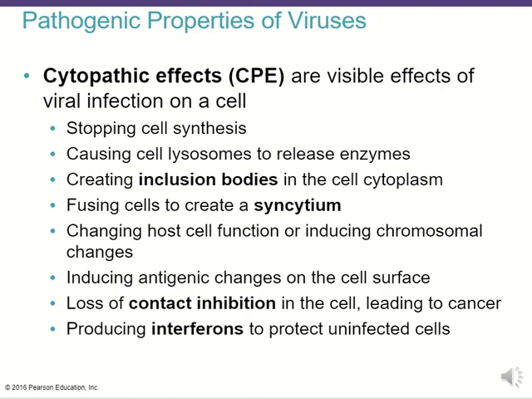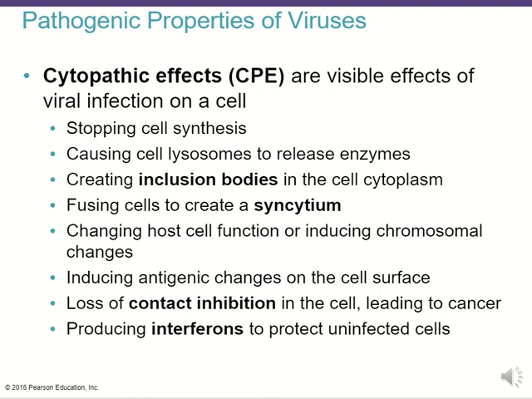These include stopping cell synthesis, the production of new cells, causing cell lysosomes to release enzymes, creating inclusion bodies in the cell cytoplasm, resulting in the fusion of cells to create a syncytium, changing the host cell's function, or inducing chromosomal changes in the host cell's genetic code,